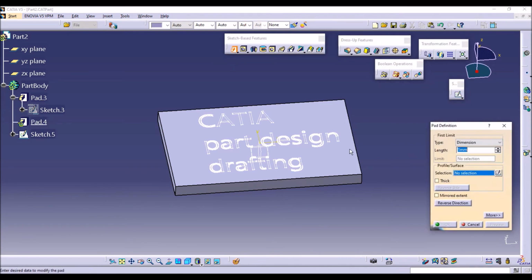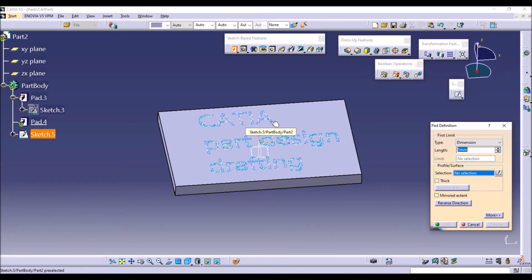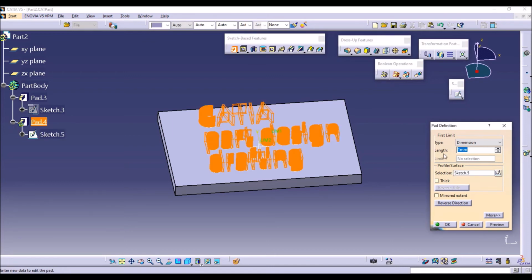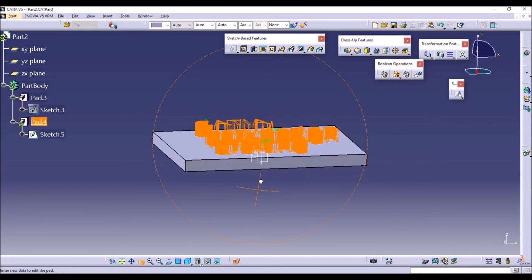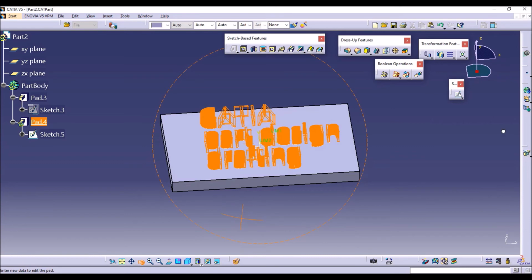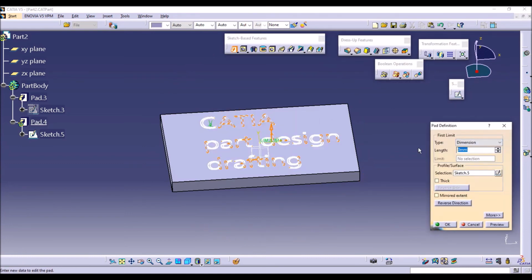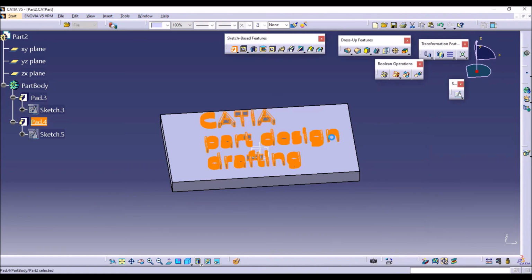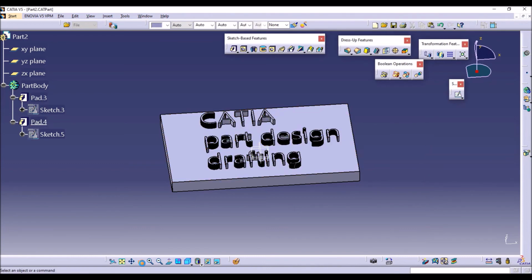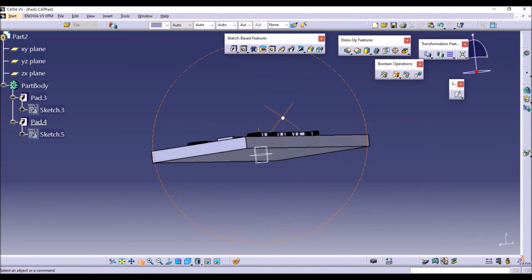go to selection. So in this selection select this text. Okay, after selecting the text it will appear like this. So material will be added for this text. If you want, you can increase or decrease the thickness for this text. So I'm giving it as 0.5, enter. So after giving the pad option, the text will appear like this.